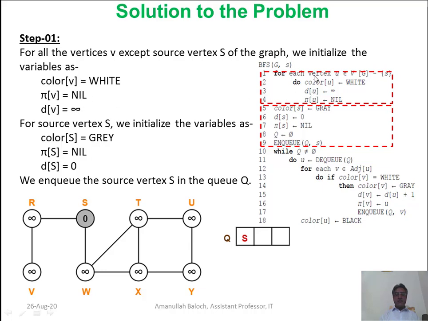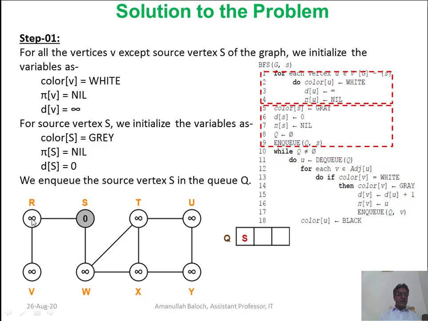Here, in lines 2 to 4, the body of the loop considers each and every vertex and initializes it. That is, no parent, single line, no parent. When we make the parent of one node to the other node, we will make it a double line.